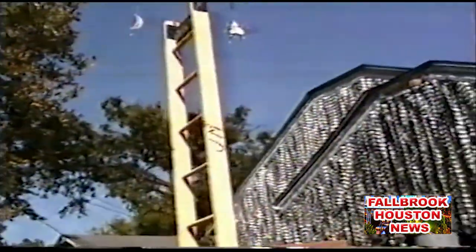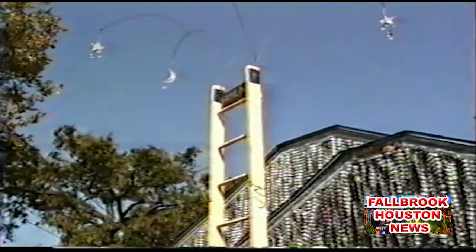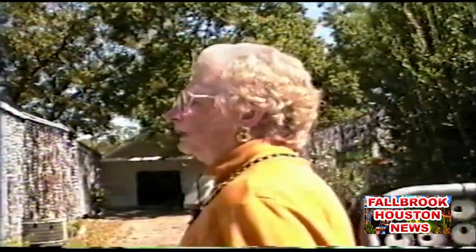His dad made the ladder. I wouldn't want anybody to get on it, I can tell you that. It looks mighty flimsy to me. But,